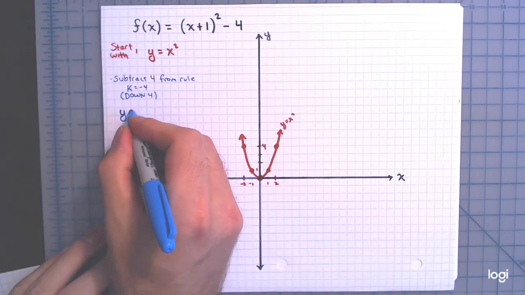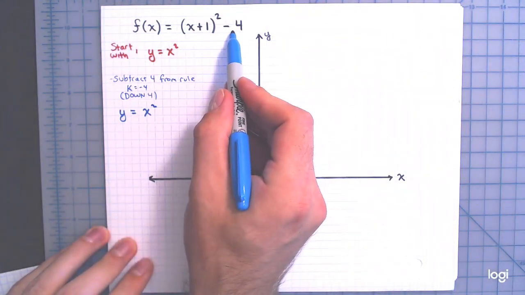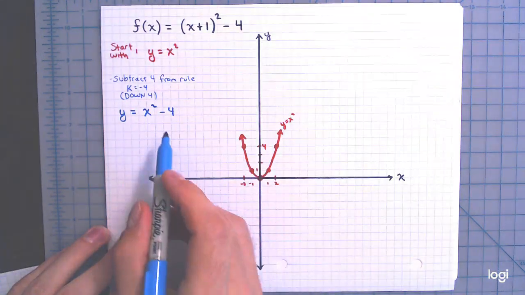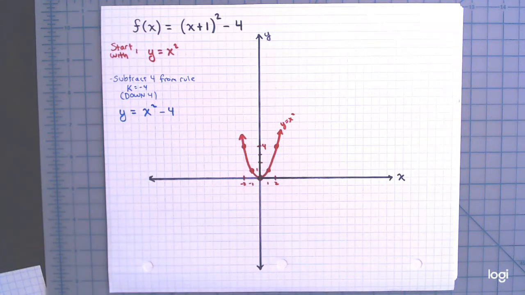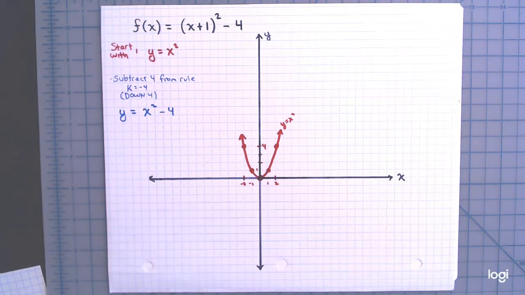Let's see how that equation would look. We'd have y equals, instead of x squared, again, I leave x squared the way it is, and I pop this minus 4 that I want at the end. So we're going to graph this next. Like I said, if you want to make tables, fine, nothing wrong with that. I like doing it for most functions, but again, if you know the transformation that's occurring, if you know how the graph is going to move,